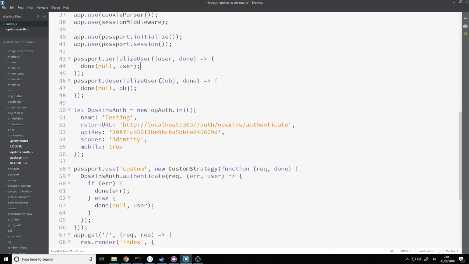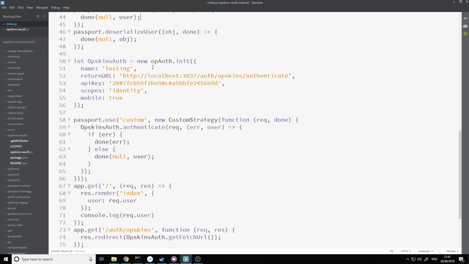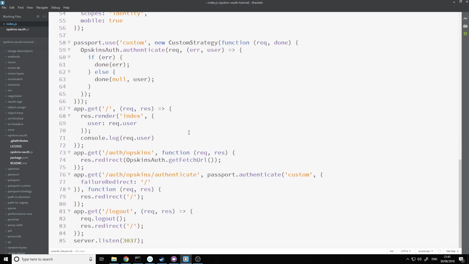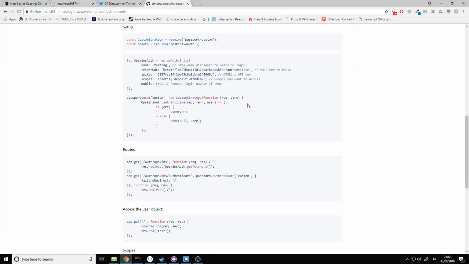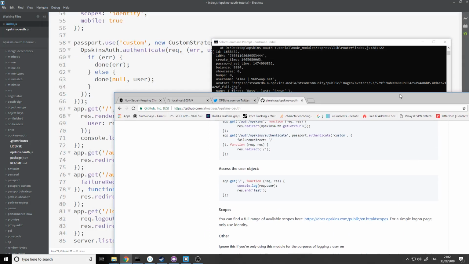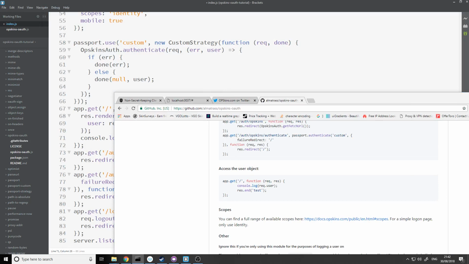I'm trying to think if there's any other useful information that you need to know yet. So for example, inside of this object, as you can see, there's an access token in here. So if you're going to be looking to call the endpoint again on behalf of a user,